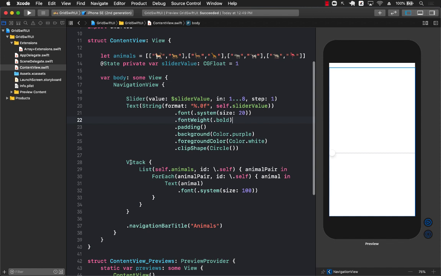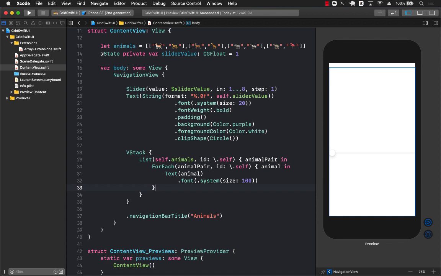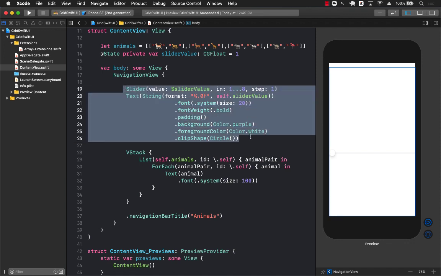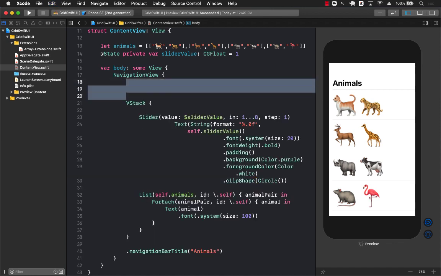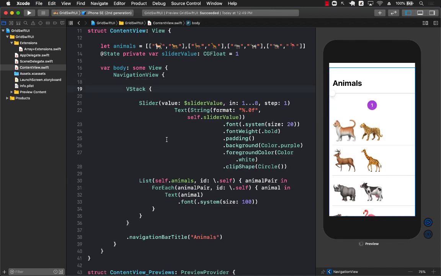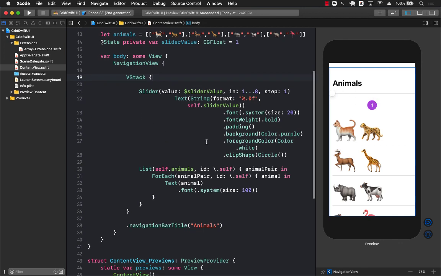Right now, you can see the stack is not really doing anything, meaning we are not displaying anything at this point. All right. And obviously, make sure that all of this is inside a VStack. That's why it was not displaying. There we go. Perfect. So we have the slider, we have the actual number, which is saying 1, which is